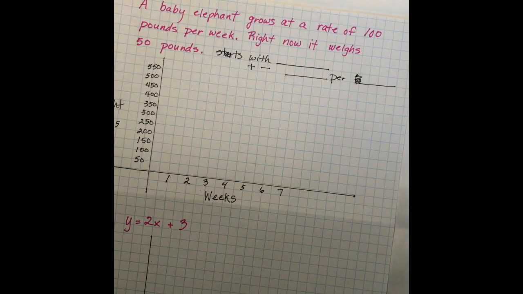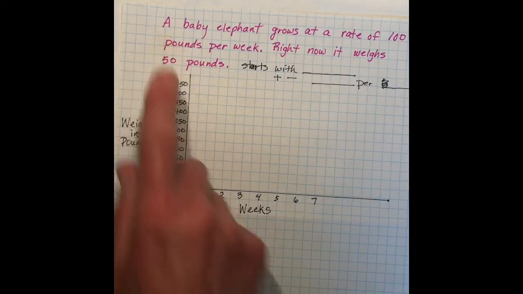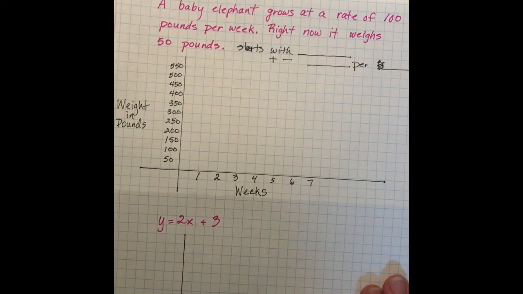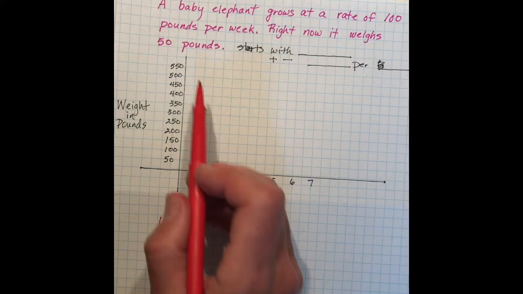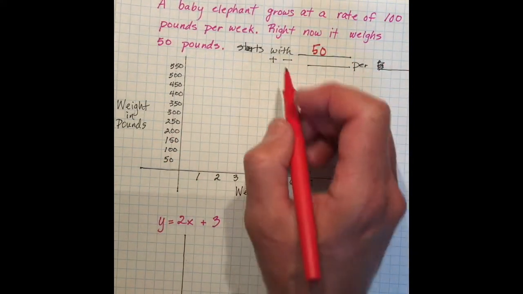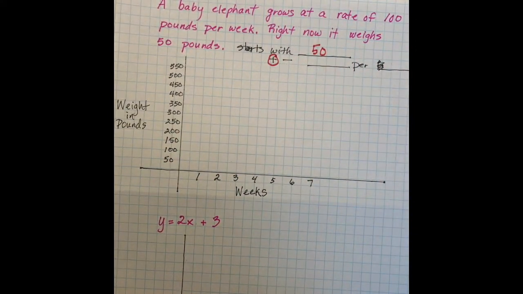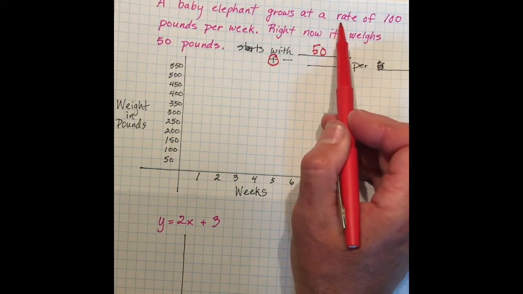So I have a word problem, or a scenario I should say. A baby elephant grows at a rate of 100 pounds per week. Right now, it weighs 50 pounds. So it starts with 50. And if it's growing, it's going to be addition. And what's its rate of change? Here it is right here,